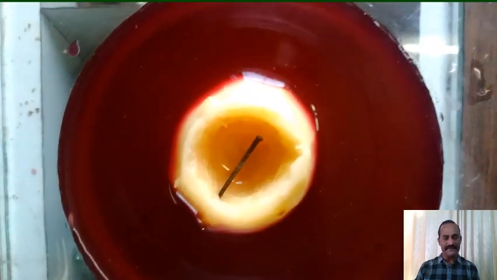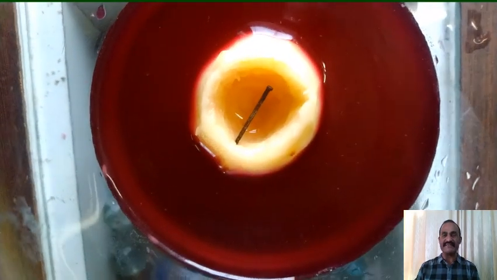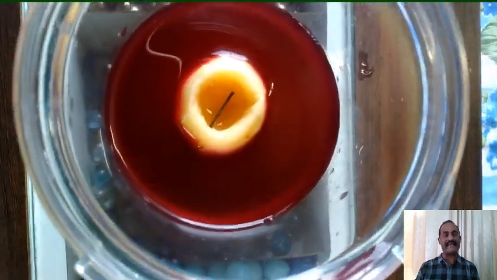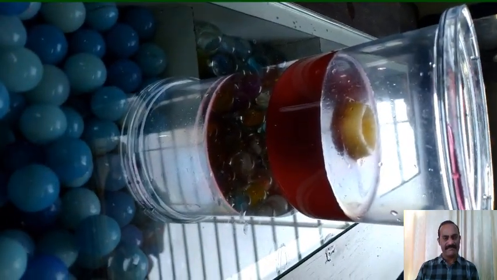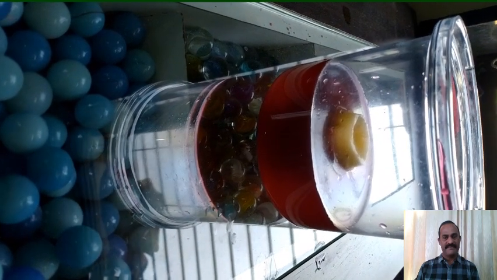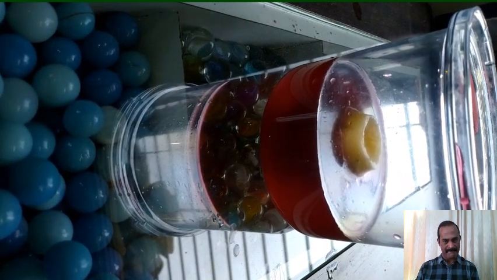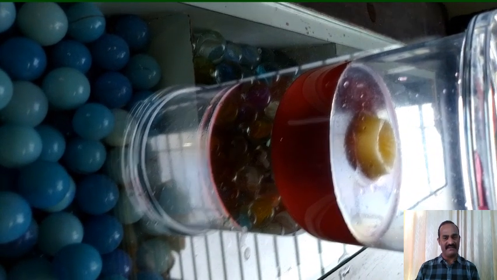And then we have put some concentrated sugar solution within the well, and then this potato is kept within the solution containing beetroot juice so that it can be very easily identified. Now after about half an hour, if we check the level of sugar solution, we can observe that the sugar solution within the cavity of potato osmoscope has become colored due to inward movement of water, and the sugar solution level rises.